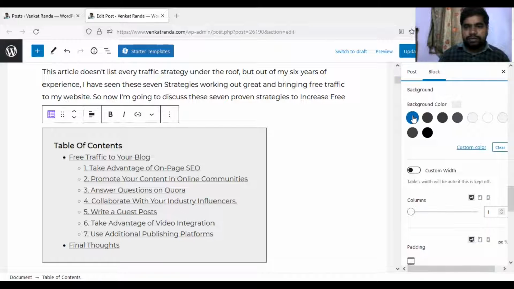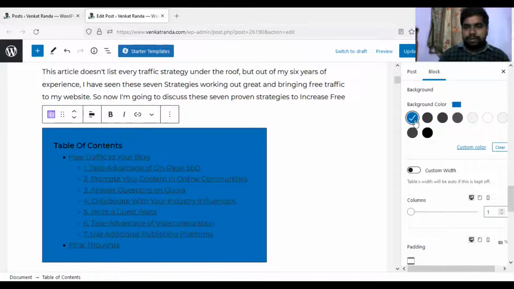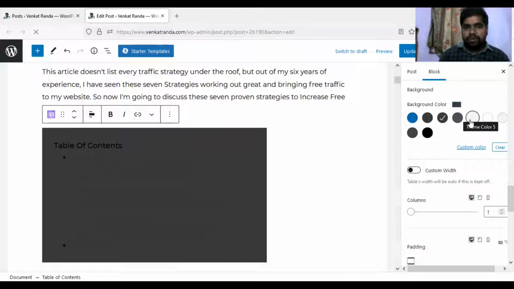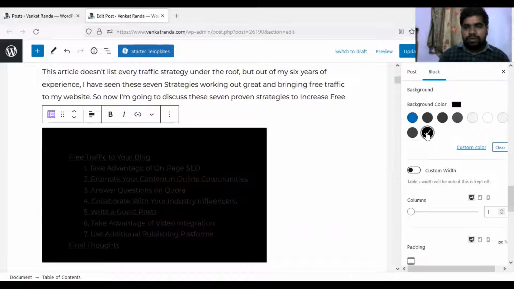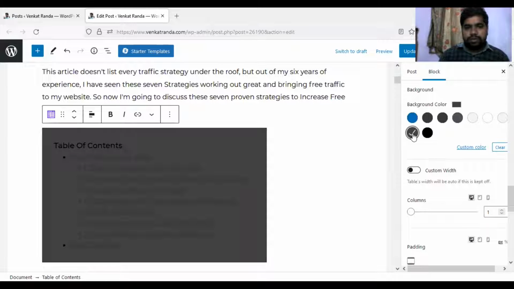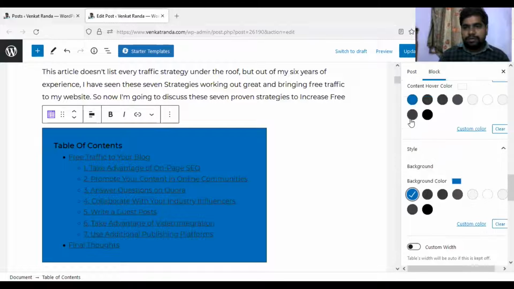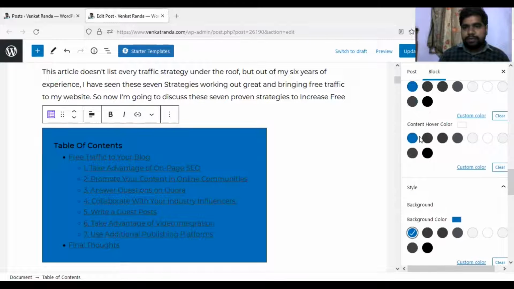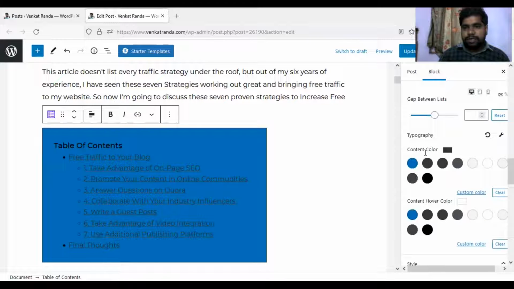For the background color, we will give this one. We will change the heading color, hover color, and typography content color to white.